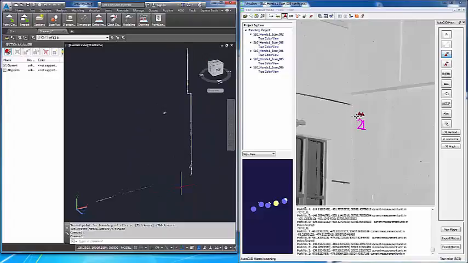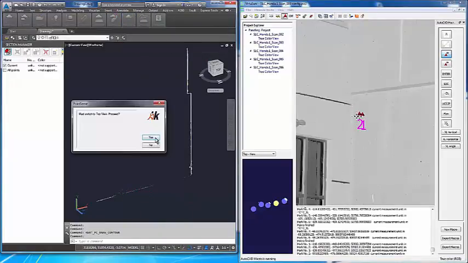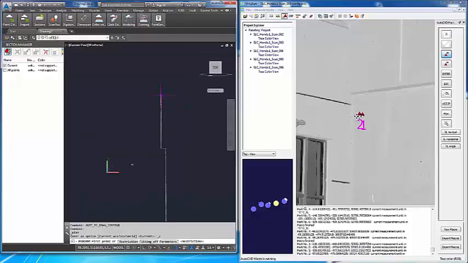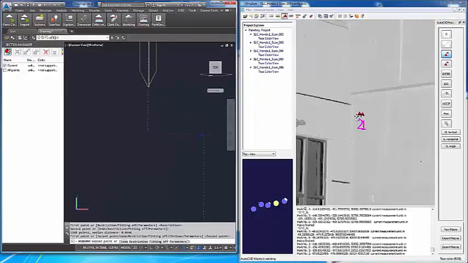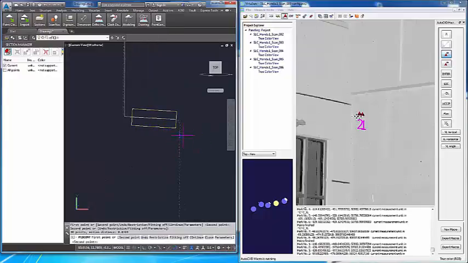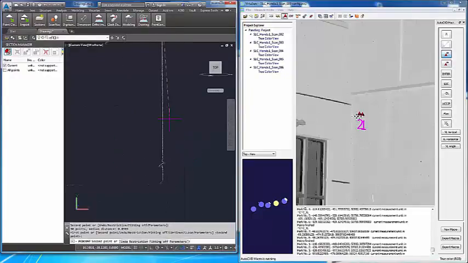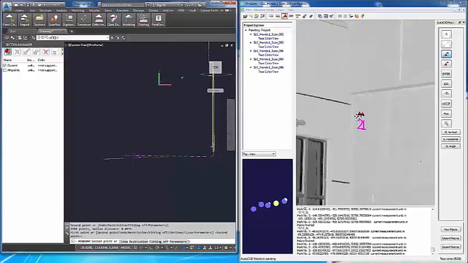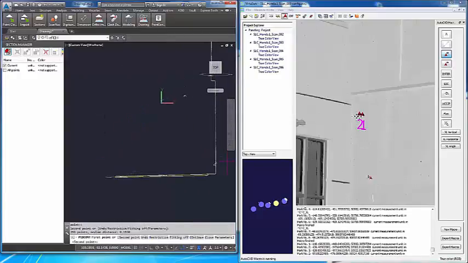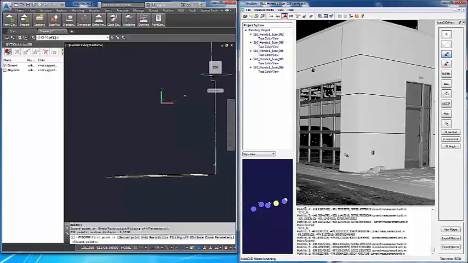I get an outline of a portion of the wall, and I can begin with the fit outline plan tool on that side. So I'll pick 2 points on that right side. I pick 2 points on the next side here, and it connects the lines for me. I pick 2 points on the next wall. I can do 2 points here on the ground, and then we don't have any points on this side, so